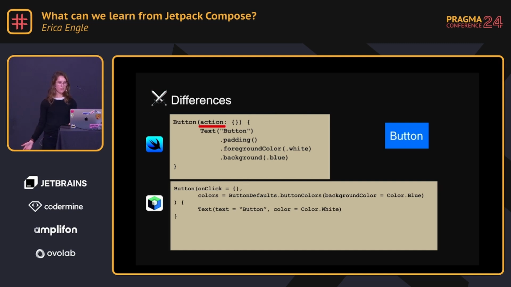So again, if we're making our button, you see in SwiftUI, we have a button, an action. We have some of the open and close parens. And with Compose, we have an onClick method. And again, a different spot for some of those open, close parens. So just some of those minute details where you see how you're creating the text, where you set the text, and the differences between SwiftUI and Compose. Generally, just those minute details that you'll find when you're working with different languages.